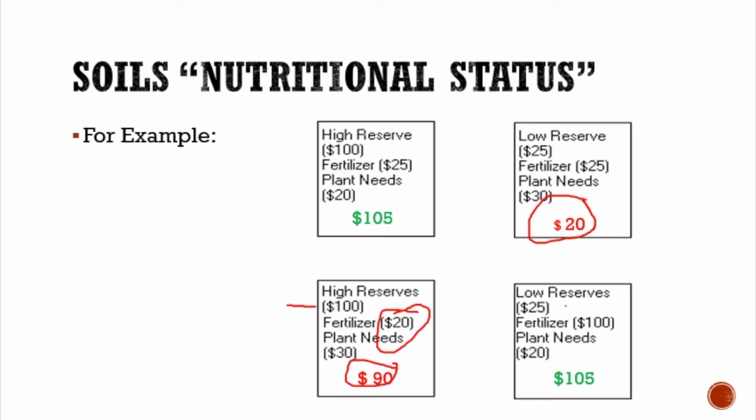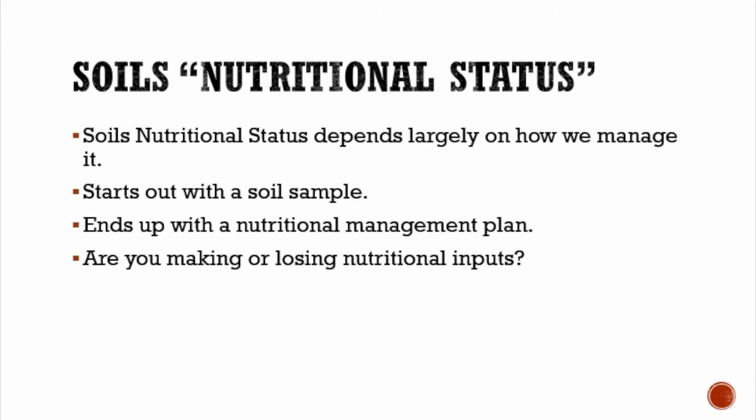However, if we start out with low reserves and we add a lot of fertilizer, a lot of resources above and beyond what that plant needs, we can still increase the amount of nutrients that's available to that plant for use. So the soil's nutritional status depends largely on how we manage the amount of inputs that we place into that soil. The only way that we can know where that nutritional status of a soil is with a soil sample. And once we determine what that baseline is, then we can develop a nutrient management plan that gives us an idea of how much nutrients those plants are removing and whether or not we're putting enough nutrients back in the soil to either keep it at an even level or either add to or take away from the reserve